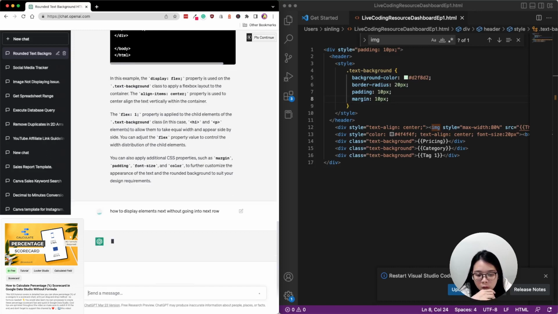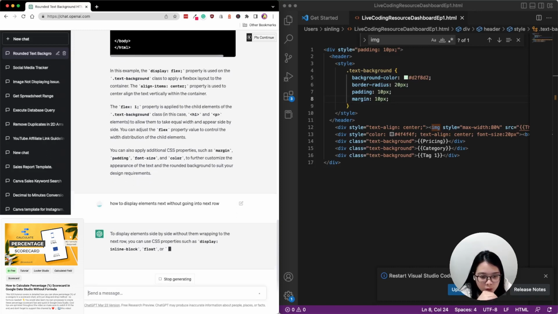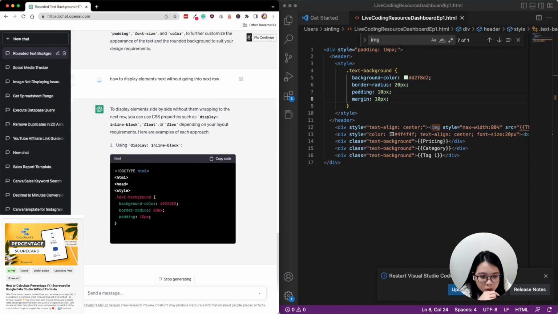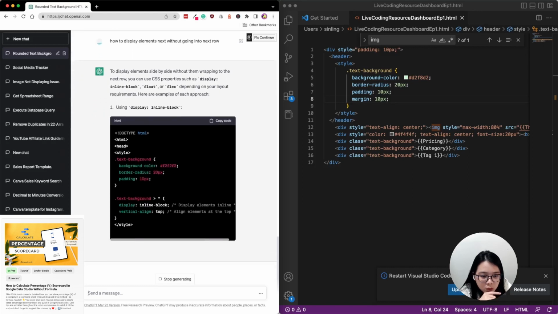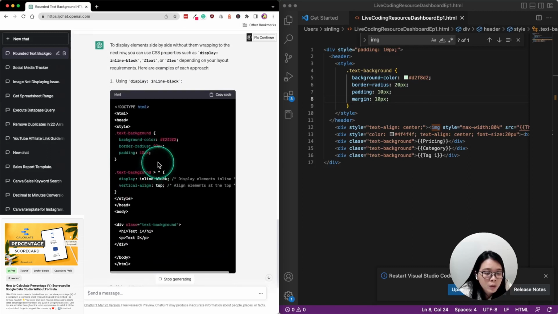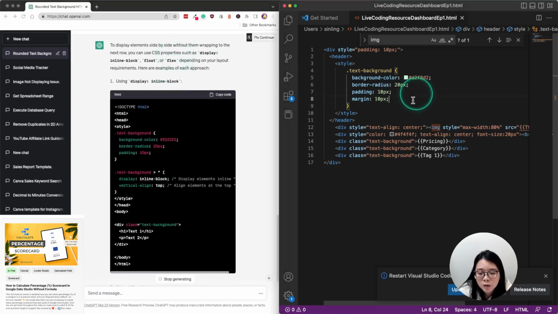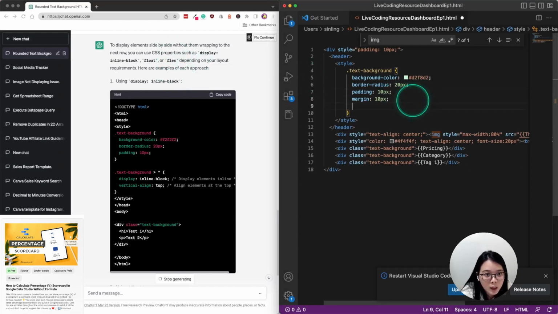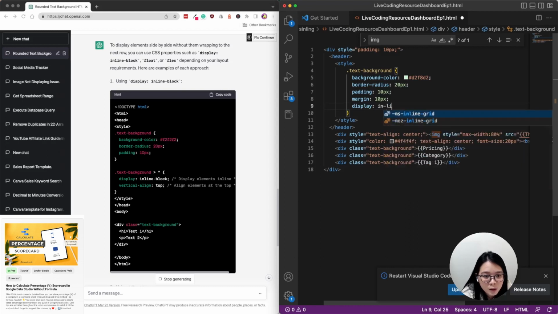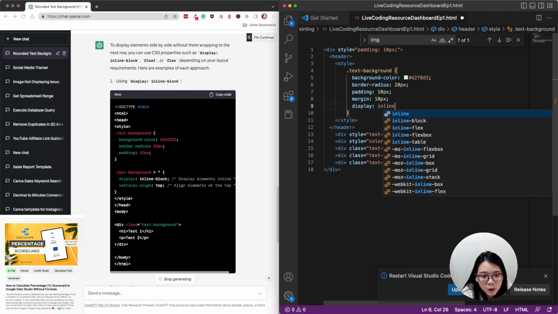Oh, I want to know if it's possible. Okay. Okay. Maybe we can try display inline block